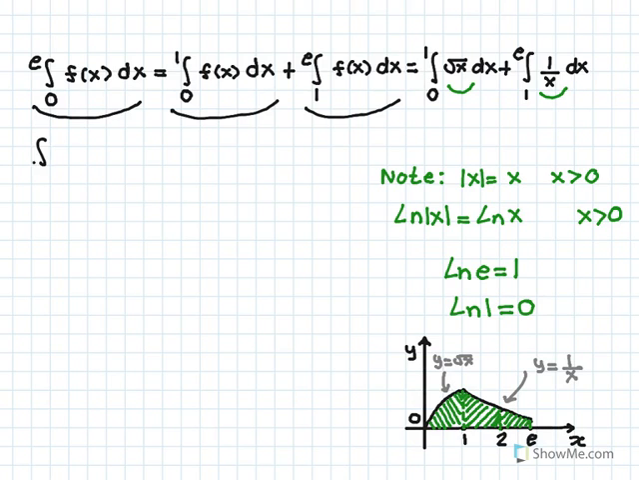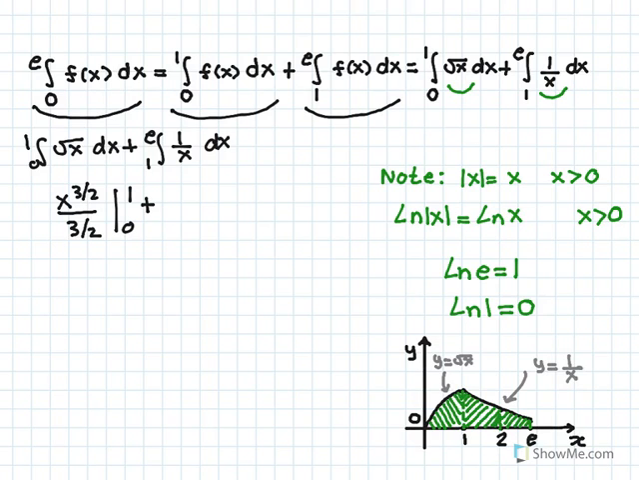So let's integrate the integral from 0 to 1 of root x dx plus the integral from 1 to e of 1 over x dx. And the integral of x to the 1/2, reversing the power rule, is going to be x to the 1/2 plus 1, that's 3/2, divided by 3/2, from 0 to 1. And the antiderivative of 1 over x is going to be log of the absolute value of x from 1 to e. All right, let's flip the denominator. We get 2/3 x to the 3/2